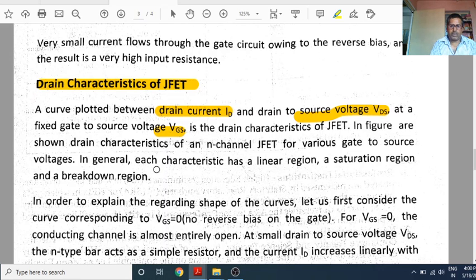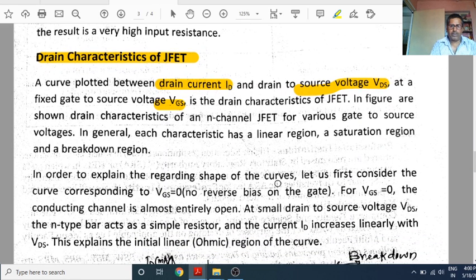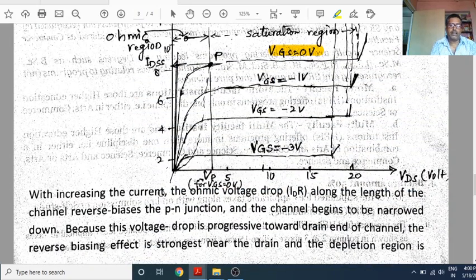In order to explain the shape of the curve, which I was talking about here, what is the curve? It goes first upside. You can see this one. Here the line is straight, means linear. But at this point you can see there is a turn, and now this portion is straight, and at this portion there is a sudden rise. So there are three parts.